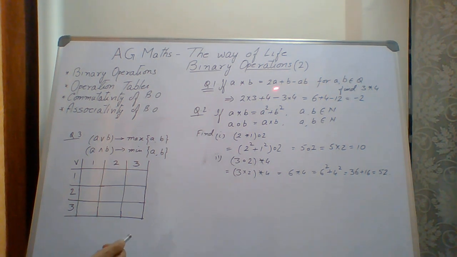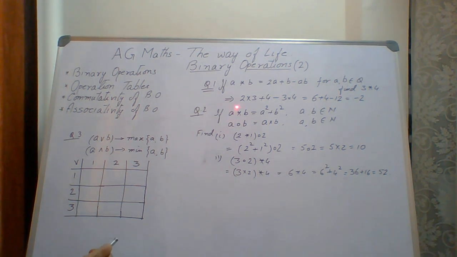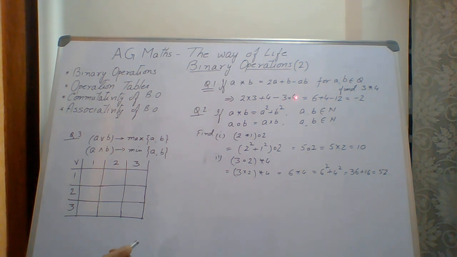Right hand side, I will replace A and B with 3 and 4. So what is now coming up is 2 into 3 because A is 3, plus B value is 4, then minus multiplication of 3 and 4. And when you simplify this small arithmetic equation, you get 6 plus 4 minus 12